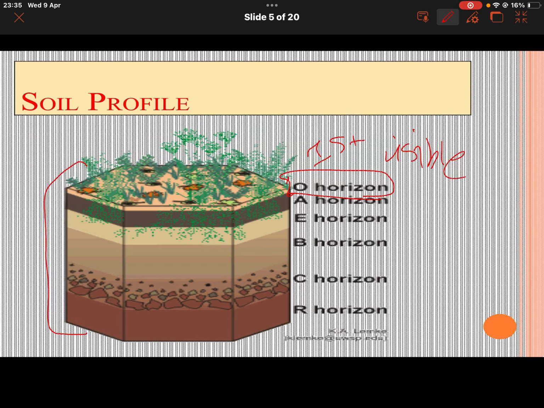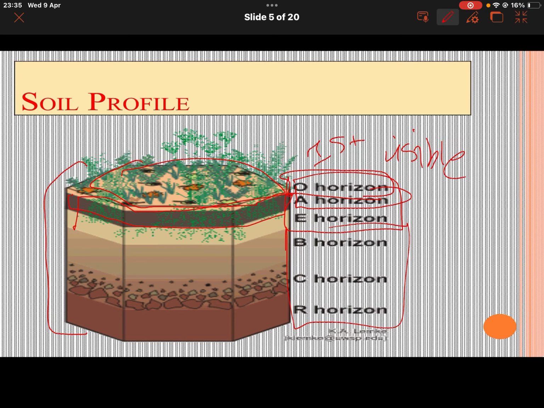They only contain the A to E horizons. These three horizons are mainly missing in them. For that we need soil that has been in one place, or at rest, for many months or even years. Now the O horizon is the one which we can see, where we walk or the plants grow, basically the area of soil which we can see. The A horizon is the one which is very dark in shade. This is the horizon which contains most of the minerals, vitamins and other substances which are the main basic